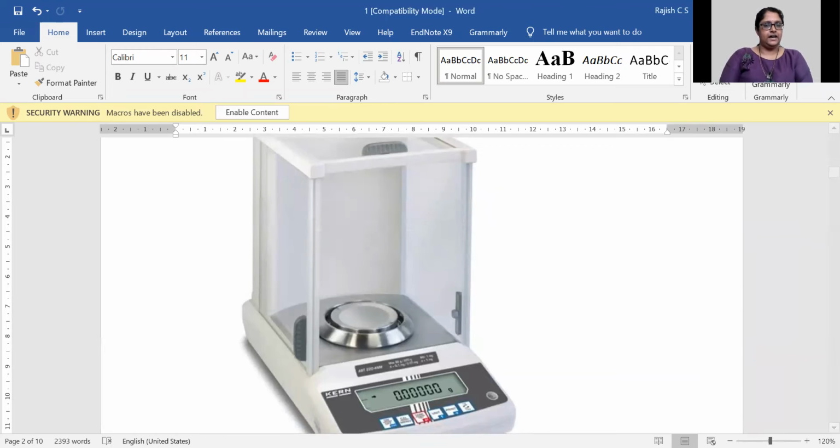You can see that there is a digital control panel over here, and you can use the tare button in order to make it 0. This is the pan where we will be keeping our media components in a utensil. So what you will be doing is you will take a piece of butter paper or some plastic container, and in that you will keep it on this pan. And once that is done, you will press the tare button so that the total weight will become 0 again.